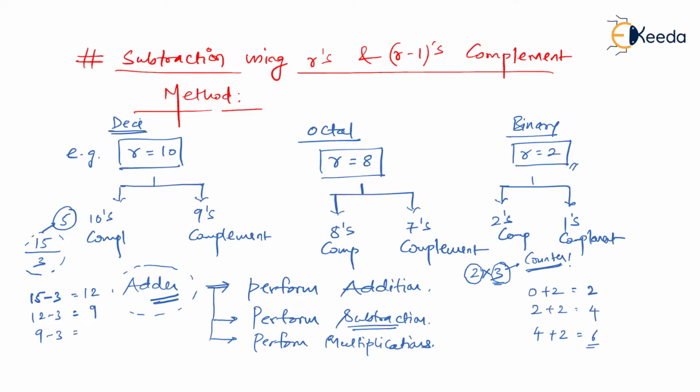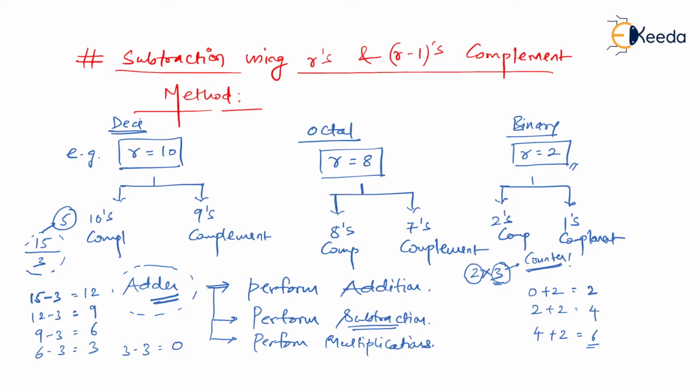Then do 9 minus 3. What is the result? 6. What is 6 minus 3? The result is 3. Then do 3 minus 3. What is the result? 0. Now stop because you cannot perform any subtraction. I hope you are understanding my point. Can't you see that repetitively I am subtracting 3, but still I have not reached my answer.